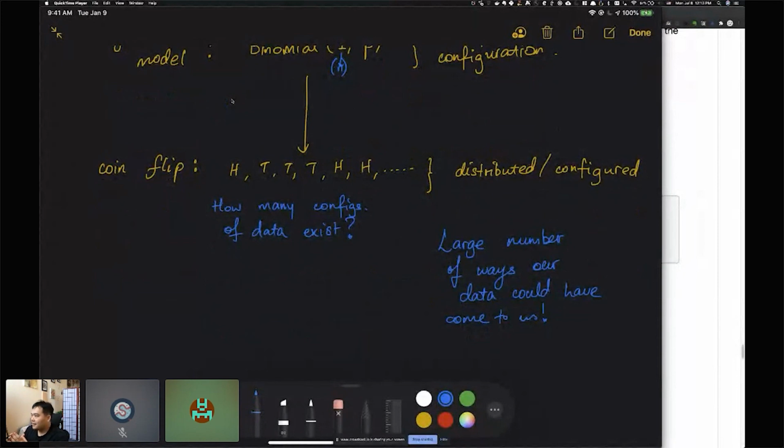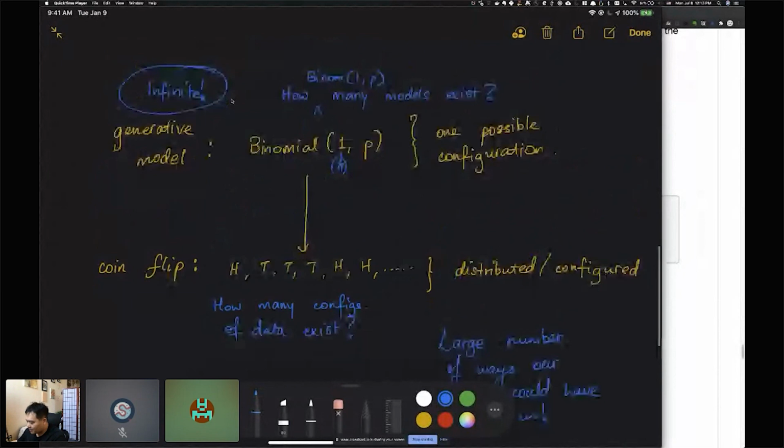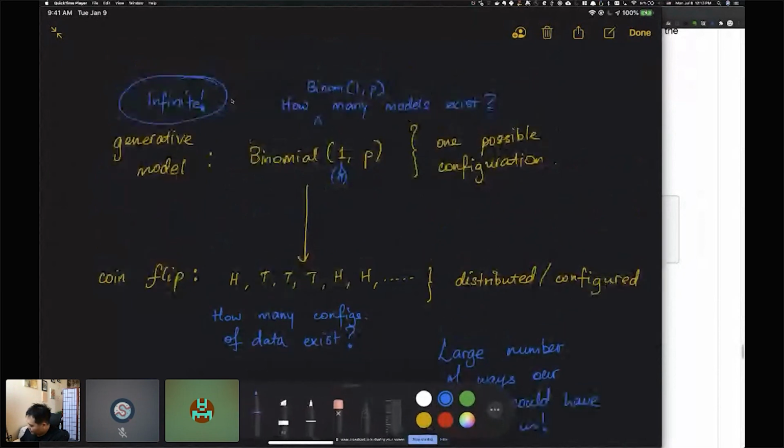And so, once again, there's this space of possibilities. I think that sounds kind of familiar. There's a space of possibilities for our probability distributions, and there's a space of possibilities for our data. Okay, so what this means is when we say we're not precisely sure about the value of p,